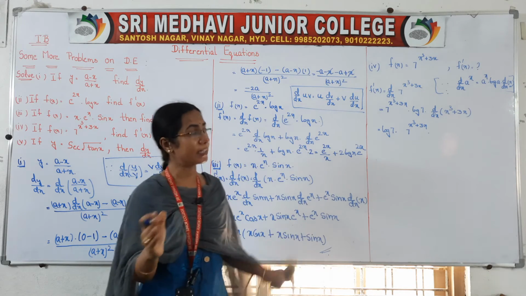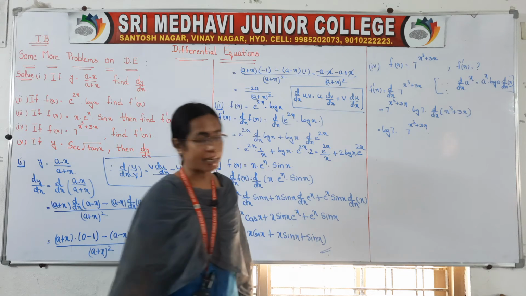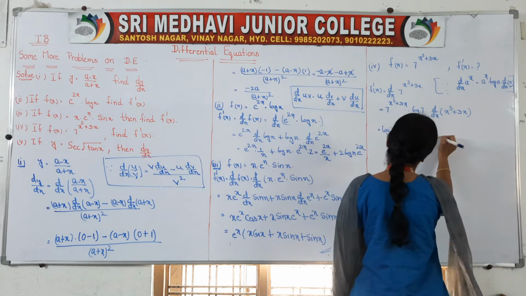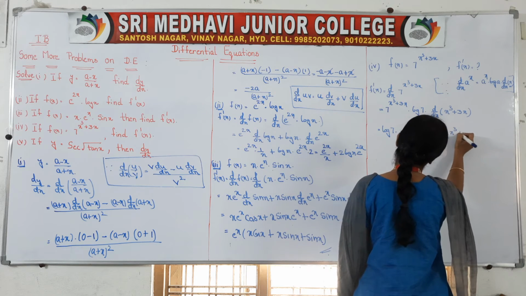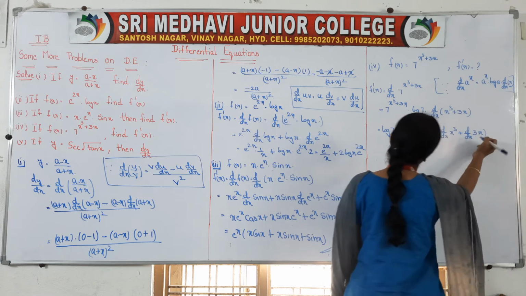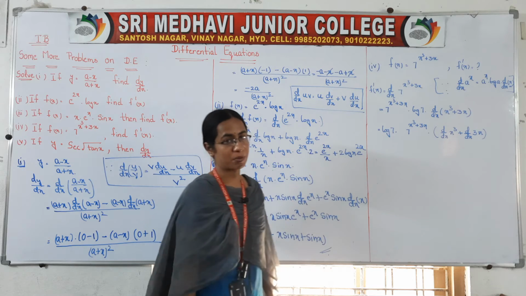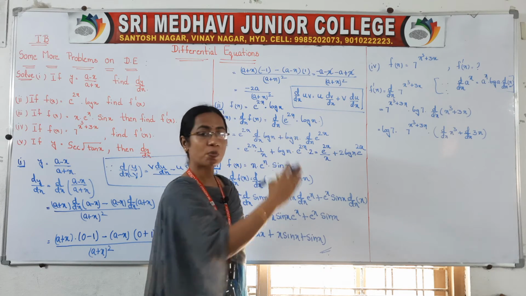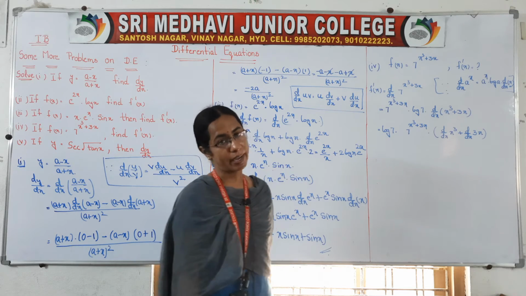Whenever inside the brackets we are having derivatives, we have to take separate derivatives, right? So we can take that as d by dx of x cube plus d by dx of 3x. Many times we have gone through those formulas. It is d by dx of x to the power of n form. Another one is d by dx of k into x form.